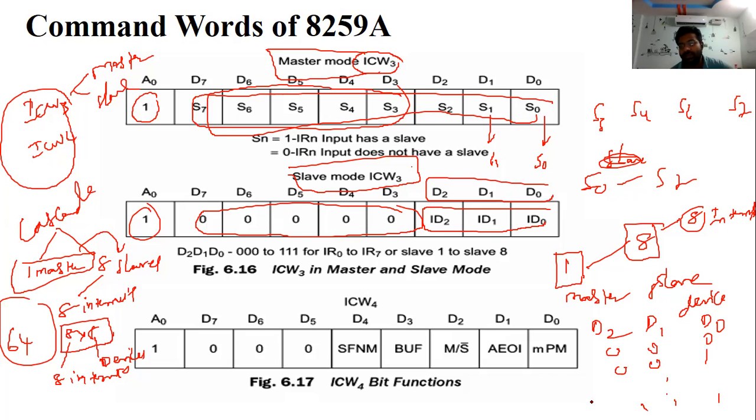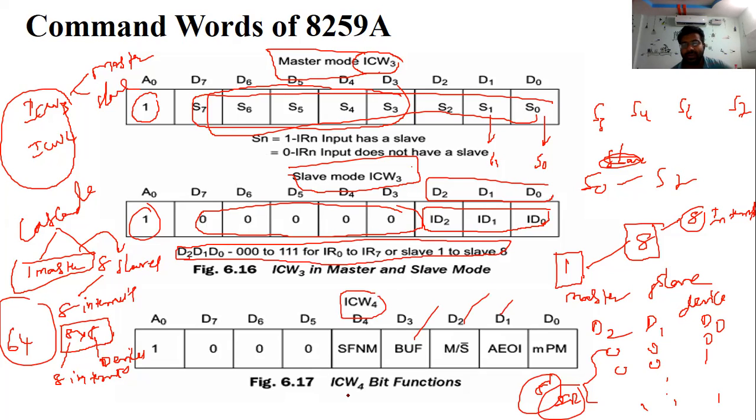So that is 8 interrupt request devices. ICW4 is used for the buffer modes.